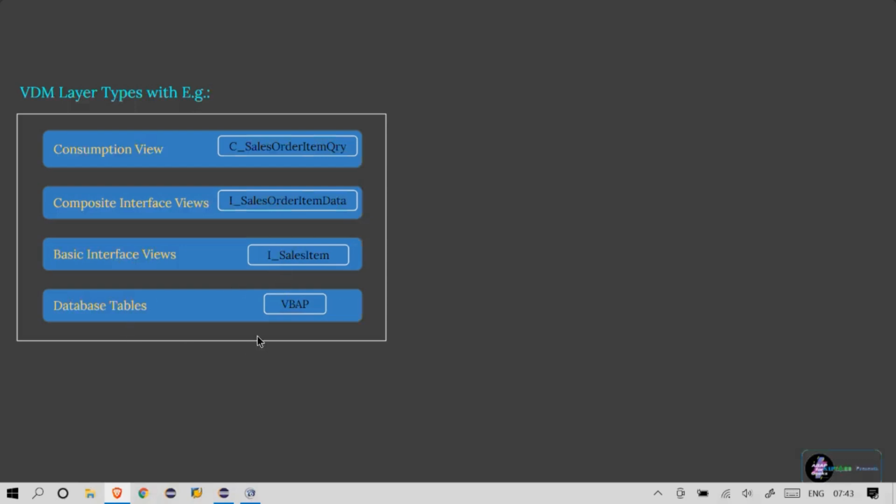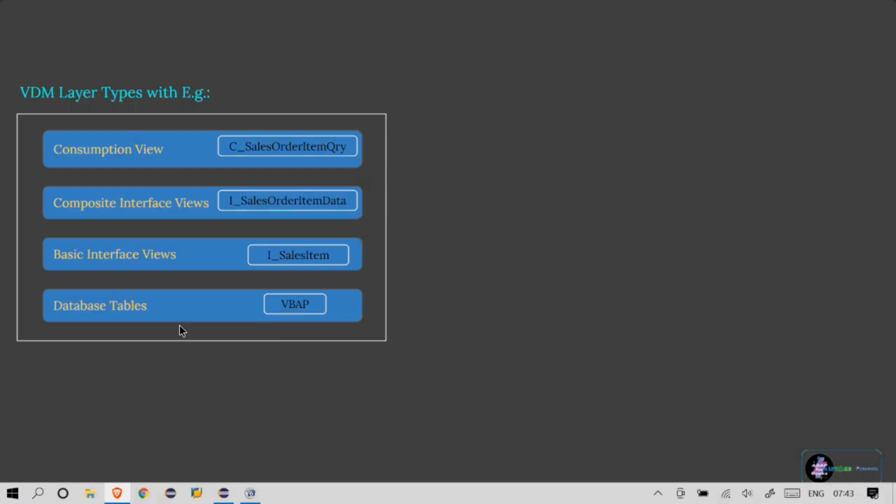So you do not blindly create a basic view, composite view, consumption view every time. First look for any basic view on my physical table. Only then do we go for this. If you do not find one, suppose you're creating your Z table for the first time, those Z tables do not have any basic views because we have created them.